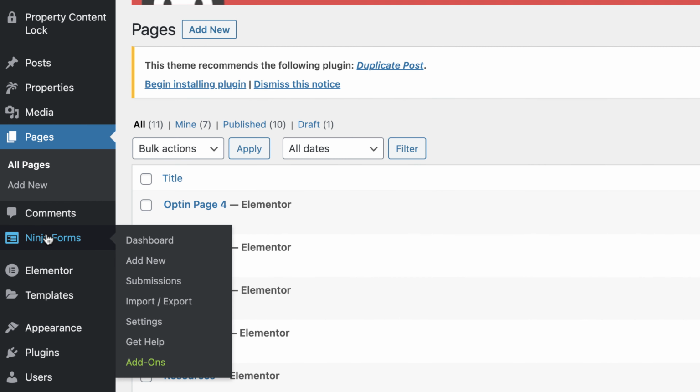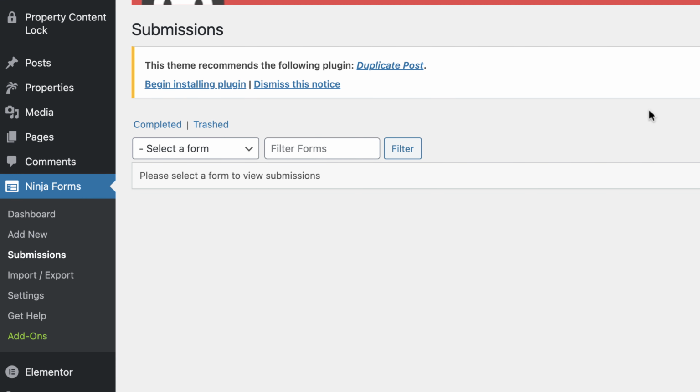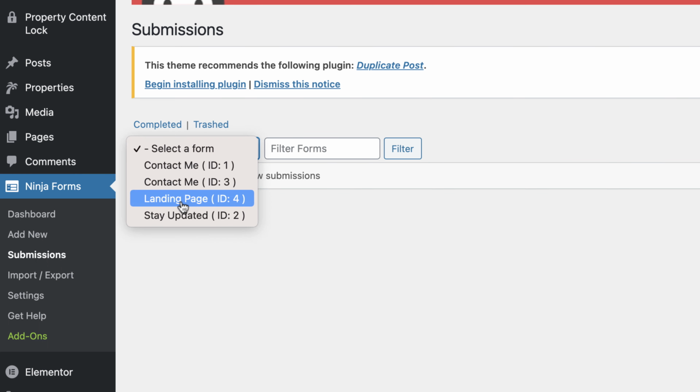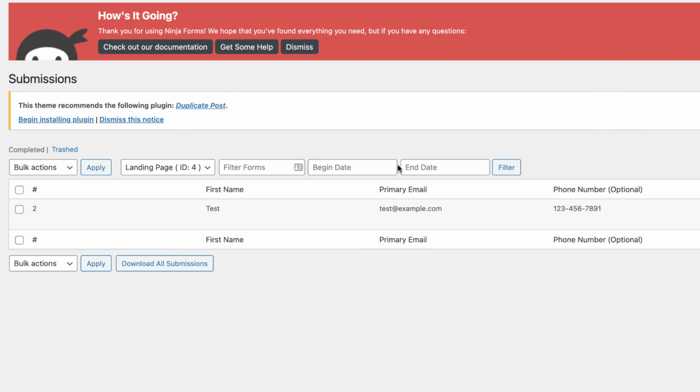And it's also going to be stored on the website itself. So if we go over here to Ninja Forms, and then click on submissions, we can see any submissions that have come through under the form that is being used there. And that particular form is one that I created. I'm just calling it landing page. There we go. We can see that submission that just came through a few seconds ago. So no matter what, even if you don't have any automation set up whatsoever, something that's always going to happen when somebody submits that form is it's going to be stored here on your website, and it's going to go to whatever email address you have plugged into Ninja Forms. So that's always going to happen.